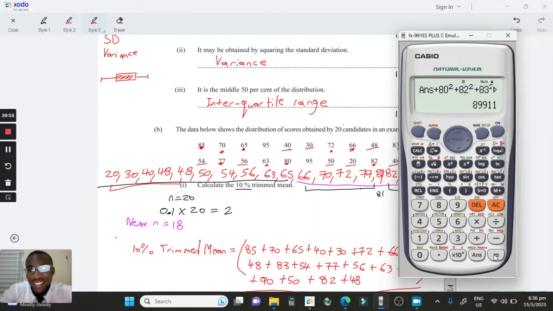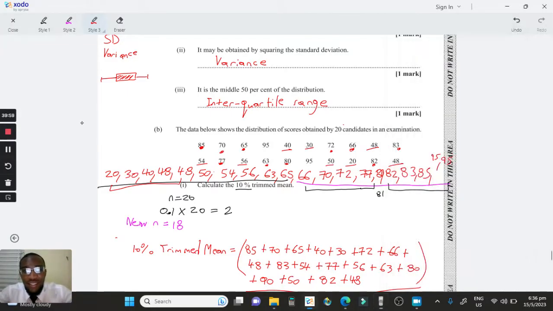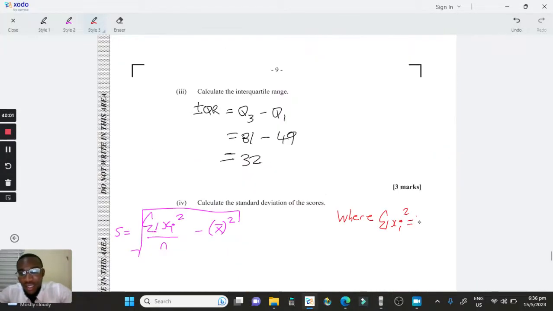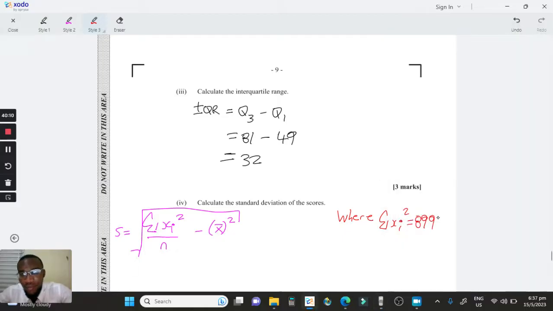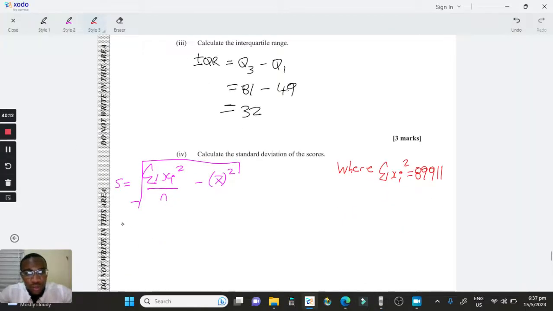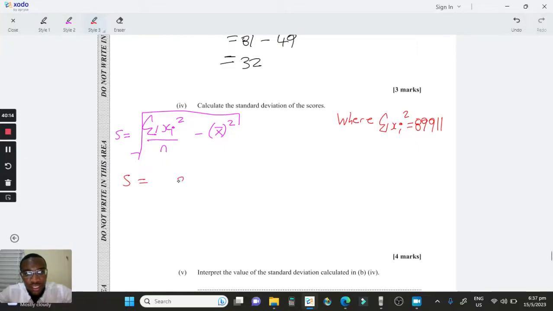So much work. That's 89,911. So now the standard deviation is the square root of 89,911 over n, which was 20, minus